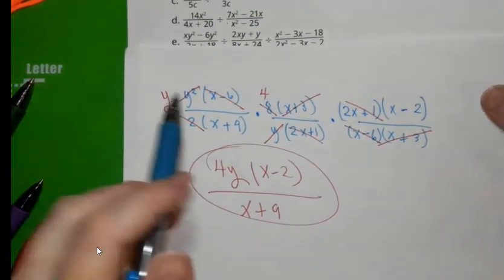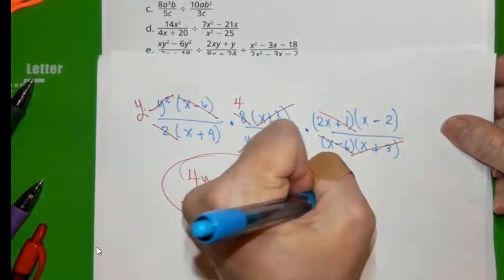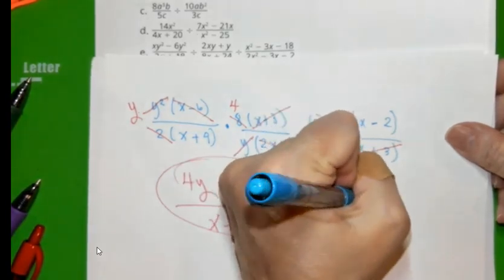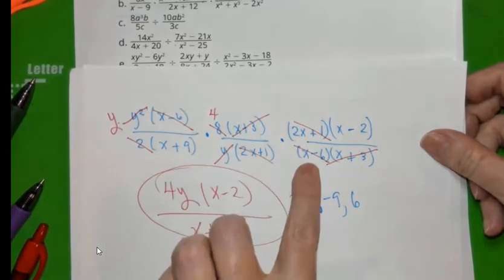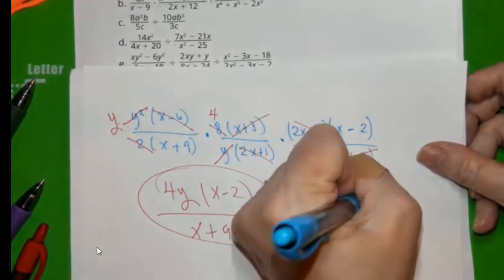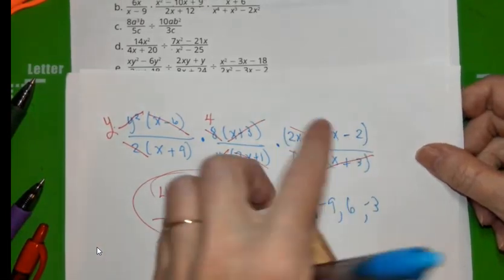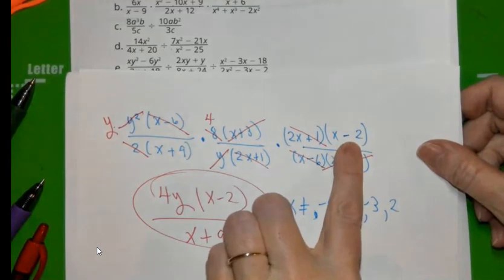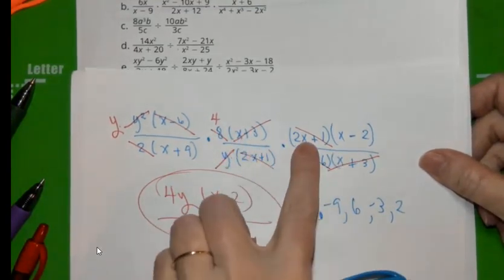The restrictions on the variables, and there's a bunch, and I'm going to list them out horizontal to show you how that looks if you don't want to list them all. So I'm going to say x cannot equal negative 9, comma, x cannot equal positive 6, that's here. It cannot equal negative 3. It can't equal either of these, so it can't be positive 2 either, because this one was flipped. It can't be negative 3, we already said that. It can't be negative 1/2,